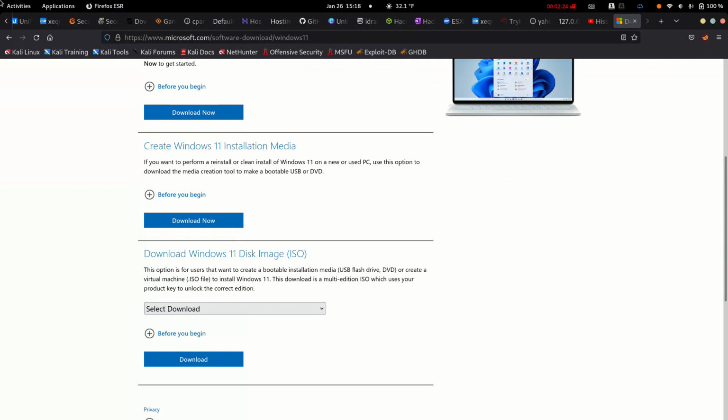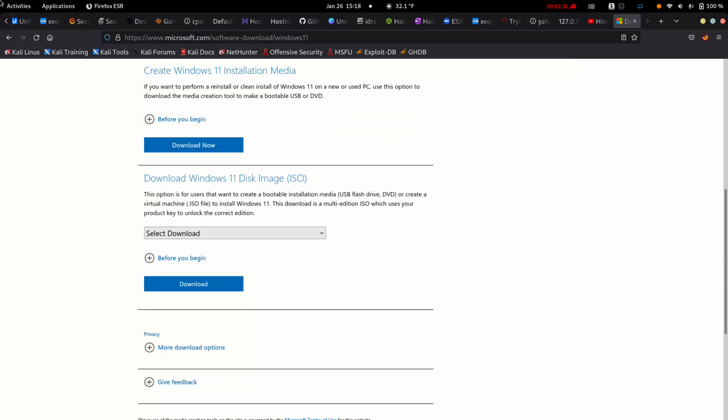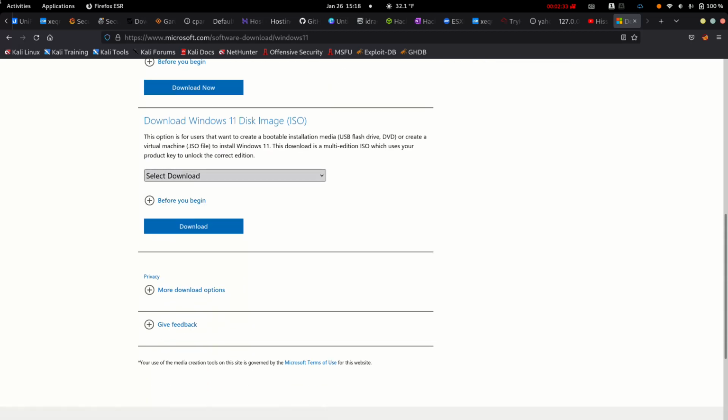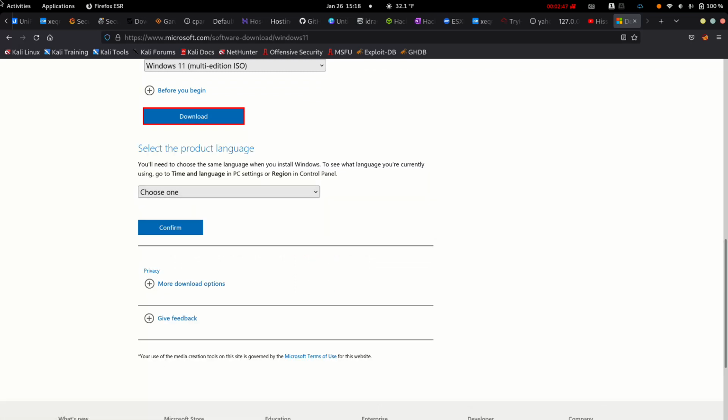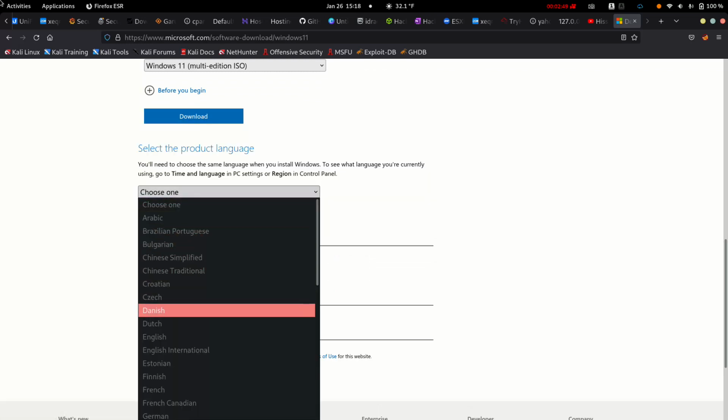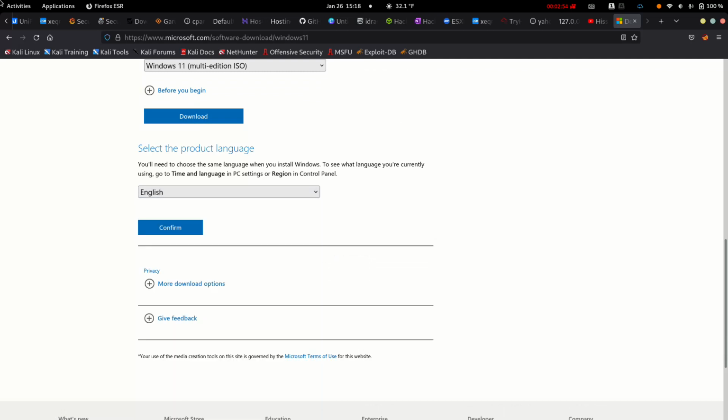The second option is if you would like to download Windows 11 on a USB key or a DVD. And the third one is what we are looking for: how to download an ISO image, a disk image for a virtual machine. So you're just gonna select Windows 11, hit download, and it's gonna give you the option to choose a language, the language you would like to use Windows 11 in. For the purpose of this tutorial, you can just keep it to English, hit next, confirm it,